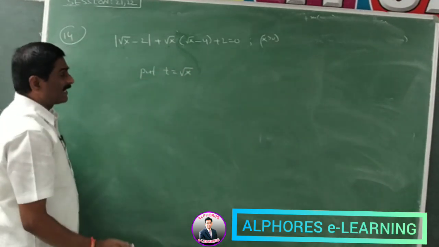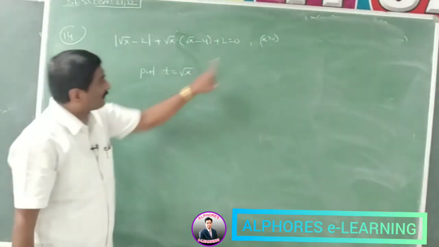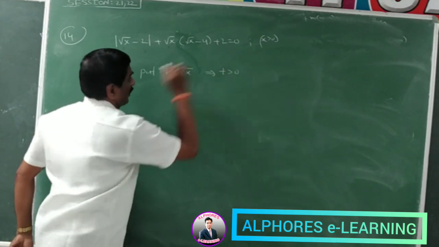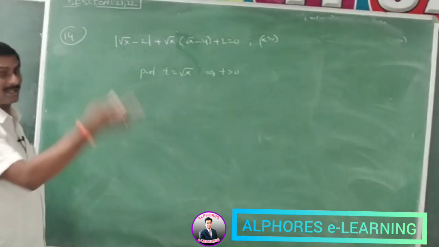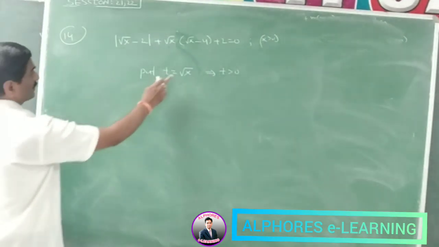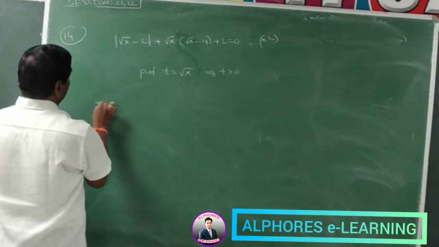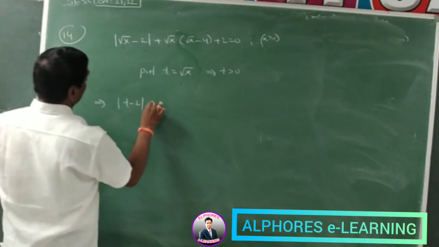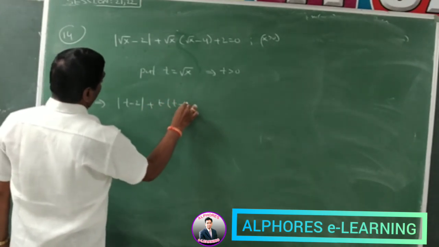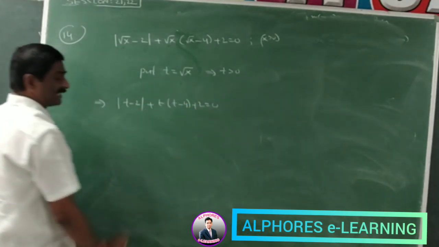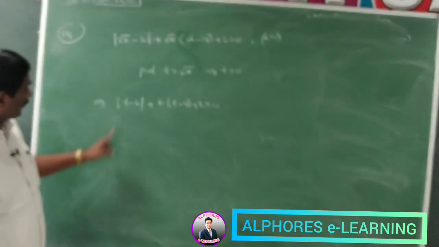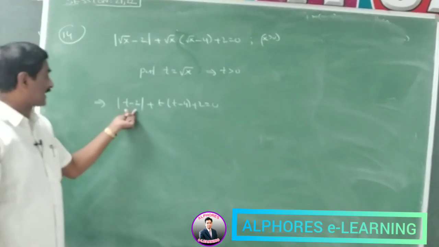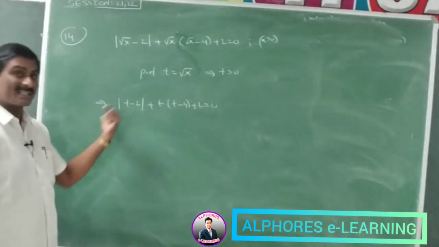It is defined when x is greater than or equal to 0, but from the given, x greater than 0. That means t greater than 0. t is always positive, t never can be negative. That means 0 to infinity. Okay. Substitute this value t in this equation. That means it can be reduced into mod t minus 2 plus t of t minus 4 plus 2 is equal to 0. In this case we get two cases. t greater than 0 means t belongs to 0 to infinity. Yet the function value changes at t less than 2 or t greater than 2.